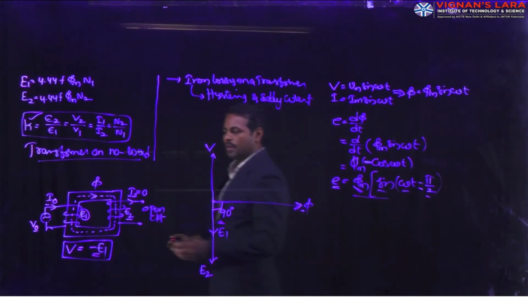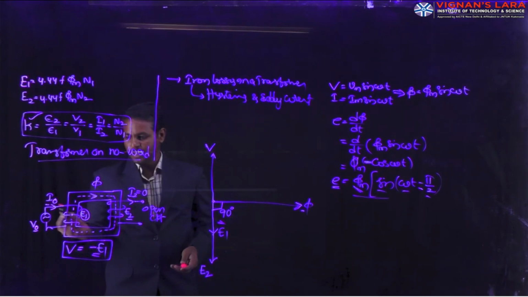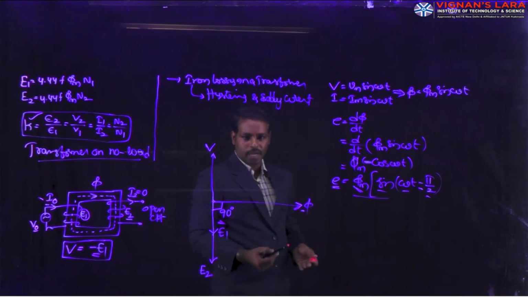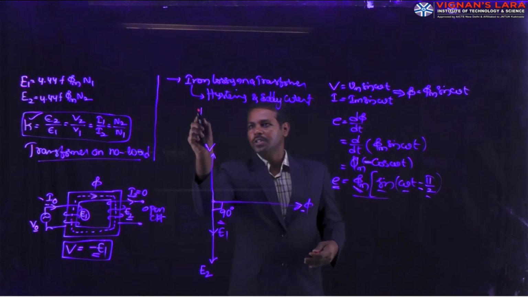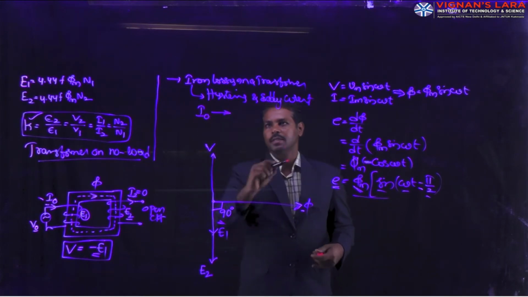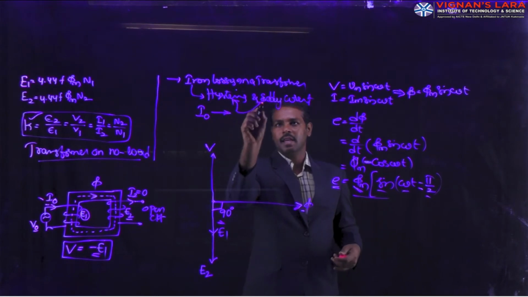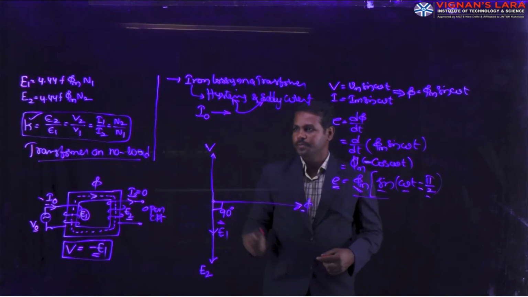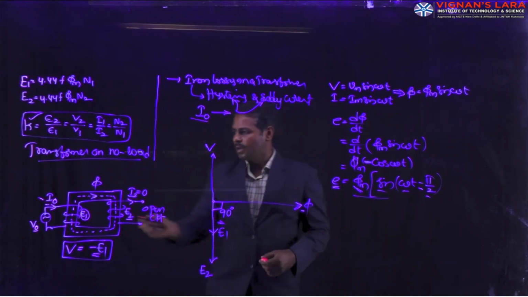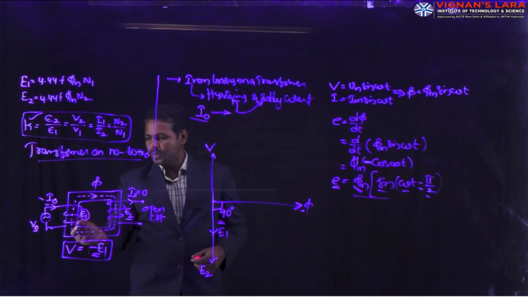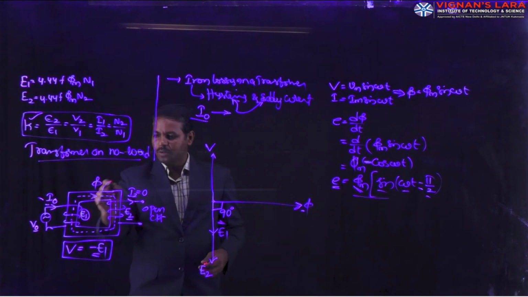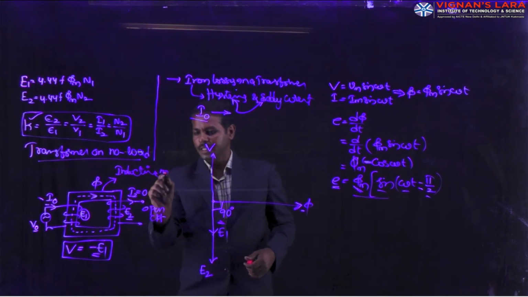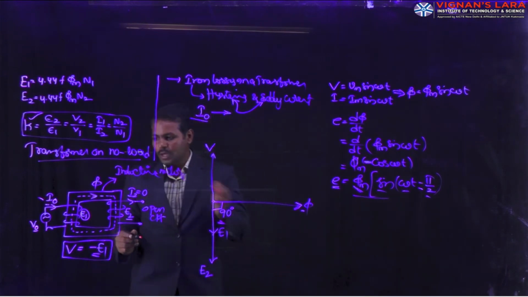Another one is whatever voltage and current is drawn from the supply, which is denoted by I0. So I0 is the no load current, which has two components: one is the hysteresis loss component, another one is the eddy current component. Whatever current is drawn from the supply is always circulating through the magnetic core, which is of inductive nature.